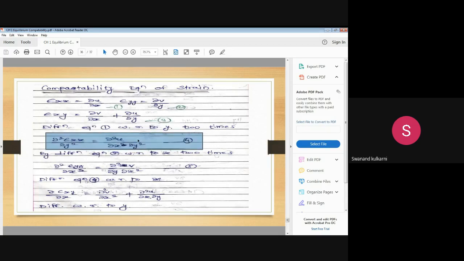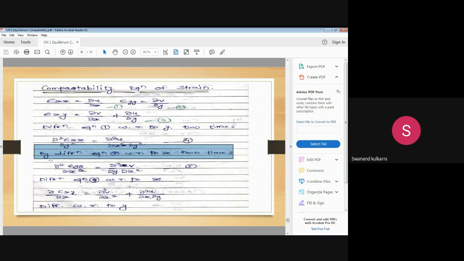Is it okay? Now let us differentiate equation 2. Inside this equation 2, epsilon yy is equal to dou v by dou y. This equation we have already framed as epsilon yy is equal to dou v by dou y. So this equation number 2 is again differentiated with respect to x, and that again 2 times. So this term is very important here. What is the result? By differentiating equation 2 with respect to x, and that again 2 times,